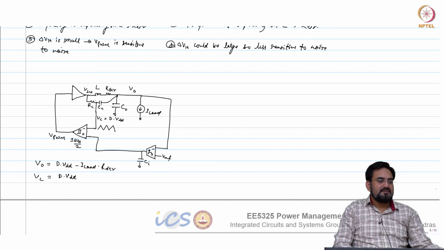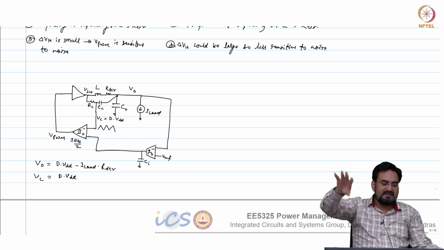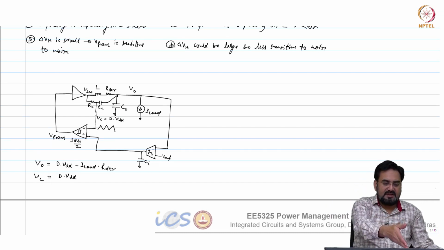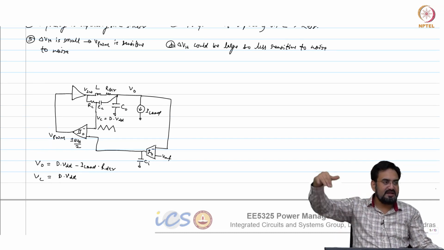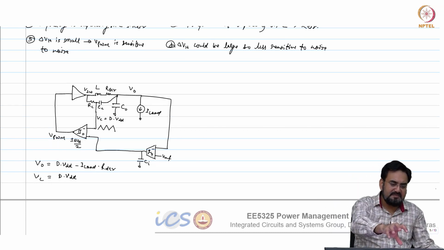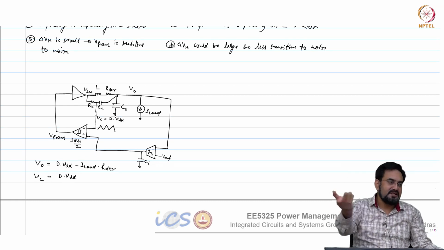But it will depend upon that RC value, how much coupling it gets from V out to Vc, and then the frequency of the transient. If it is very sharp, then that will get reflected because the capacitor will act as a short for sharp changes. But your output capacitor will always make the transient look slow, it will smoothen it out. So you won't get the same undershoot or overshoot reflected at Vc. So it will respond to transient, but not as good as voltage mode.